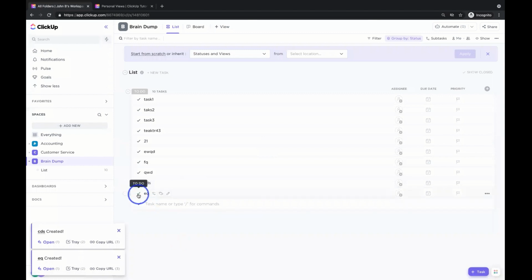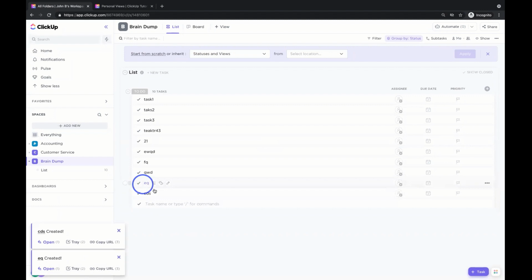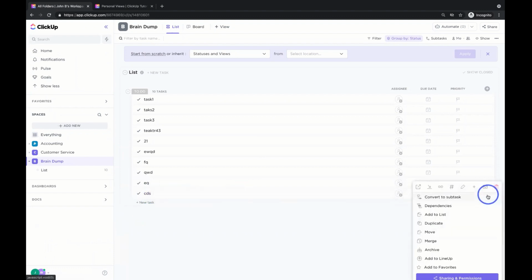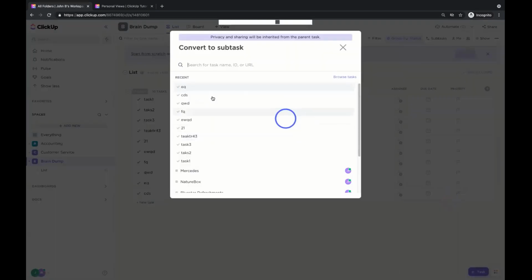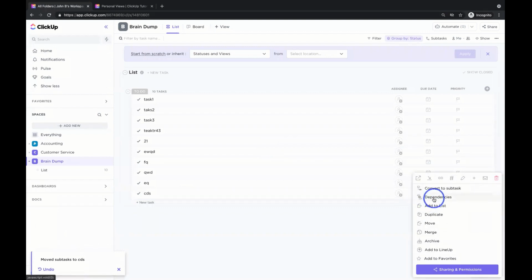And then as I think about these tasks, I might start trying to sequence them, or I might start trying to say, well, this task is kind of related to that task, or it's ongoing or going through between the two, right? I can do that. So I can click this particular task over here. And first I might convert it to a subtask. So I can select the convert to a subtask option, and I can pick another task that it's converted to. Or, after I've converted to a subtask, maybe I might think about the idea of dependencies as well.